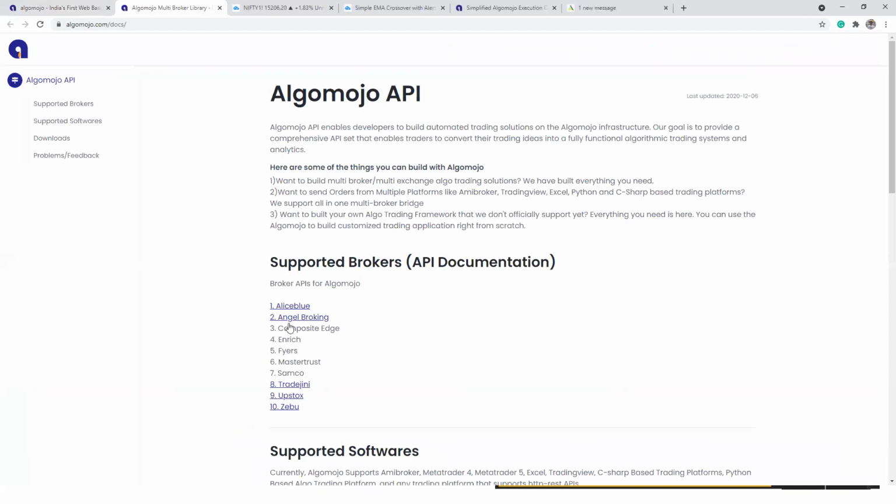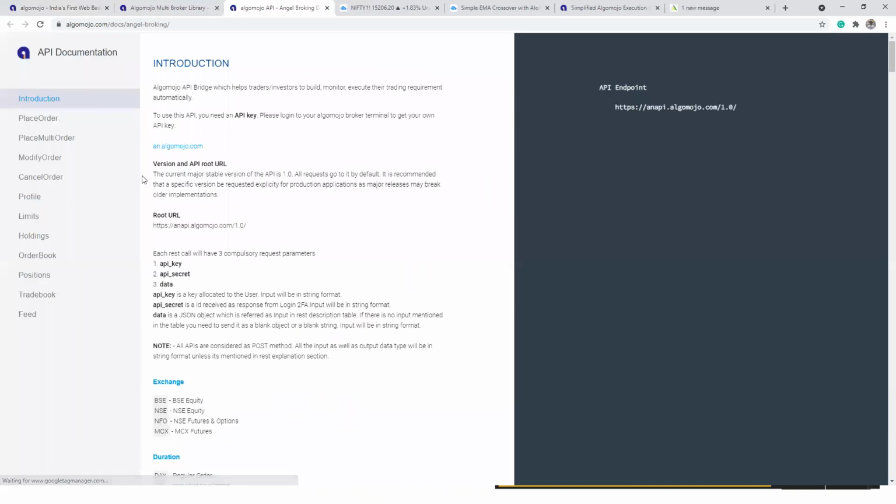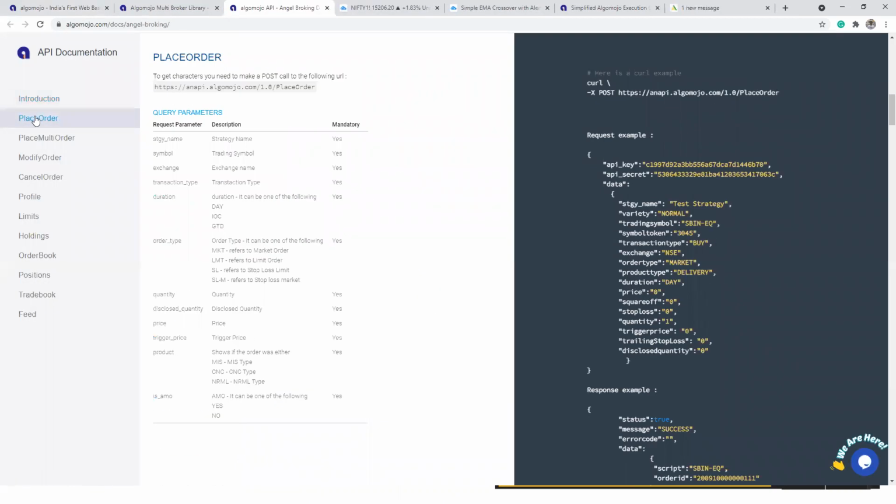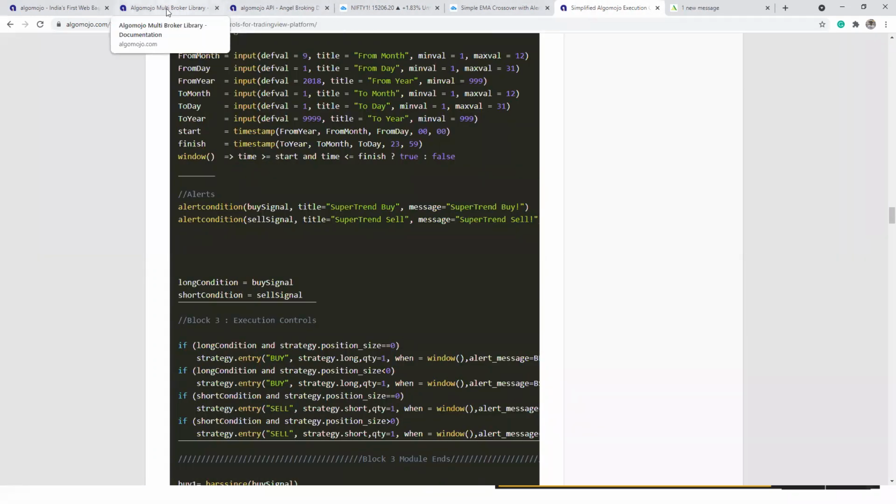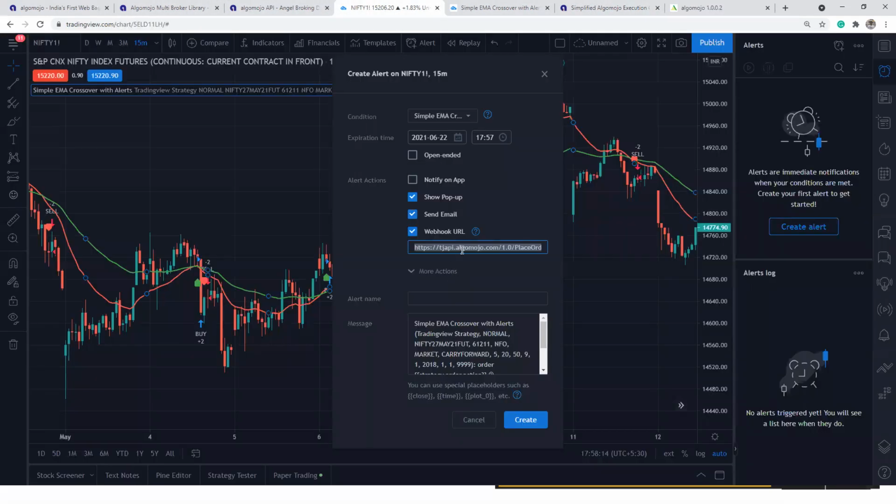In my case, the broker is Angel Broking. Select the place order. I want to send an order to my broker. This is the URL I have to take. So this URL, I'll place the values over here. And I'll say Angel Broking automation.